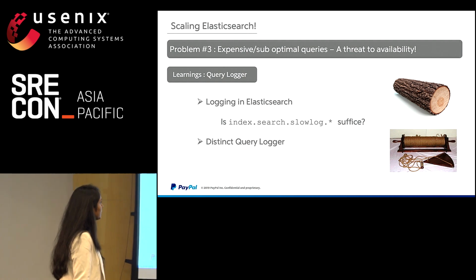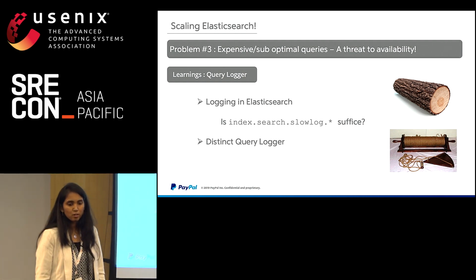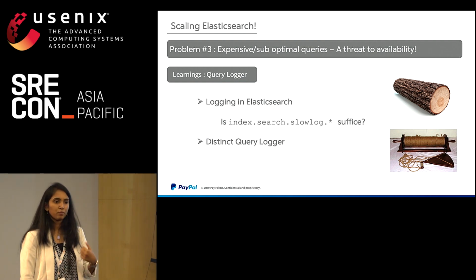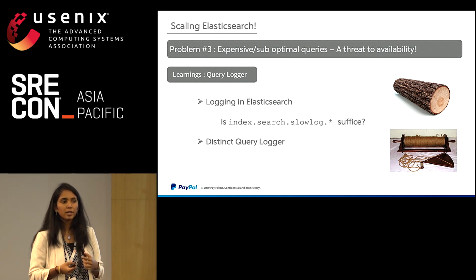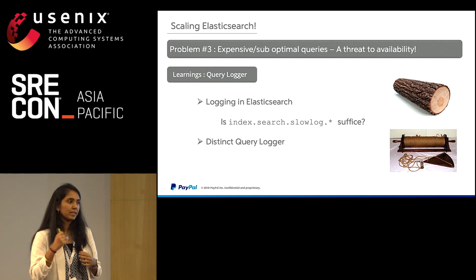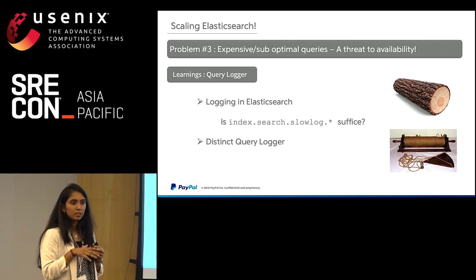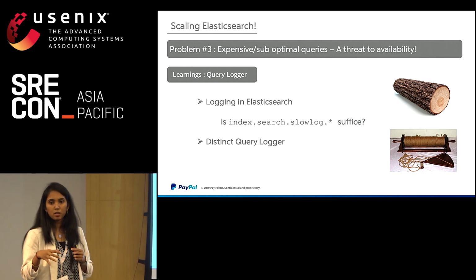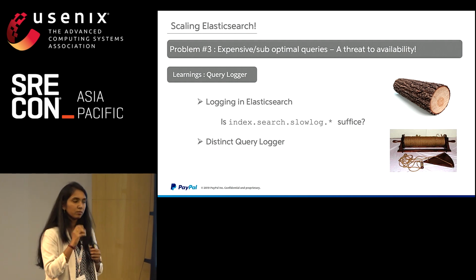So logging in Elasticsearch. If you are aware of the slow log queries that Elasticsearch offers, they offer a configuration which you can enable in order to log all the queries that are being fired at or above a threshold and things like that. You can still do that to figure out the list of queries being fired if you are not very sure of what is happening in the system, to get the visibility.